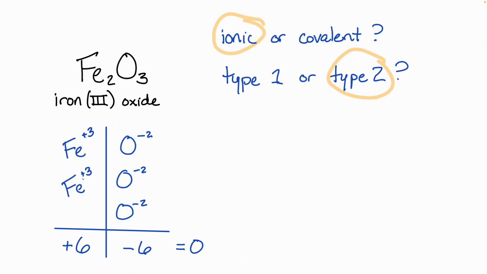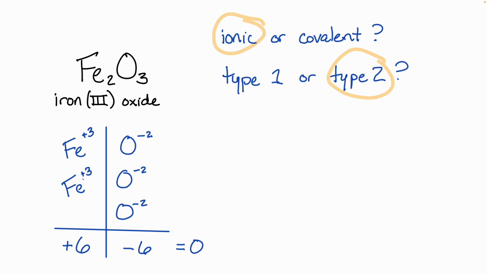Right? No dyes or tries or whatever because it's not a covalent compound. And then since it's type 2, I've got to do this work-backwards deal and figure out what the charge is going to be on that iron ion. Okay. So the last thing we're going to do with this here,